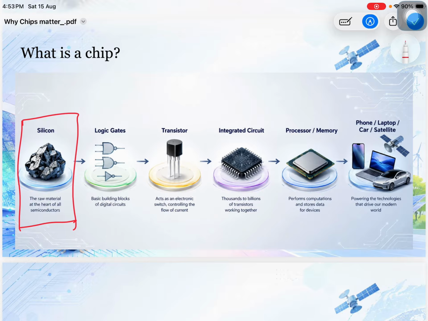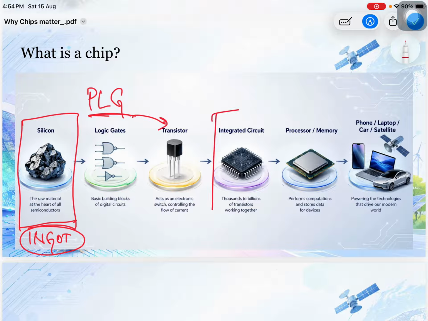This is the raw material. This raw material is called silicon ingot, and after that comes photolithography, which I mentioned. The process of photolithography actually makes a circuit, and it takes the help of other components. These components come in the form of transistors, and they entirely make this integrated circuit, which we also know as IC.